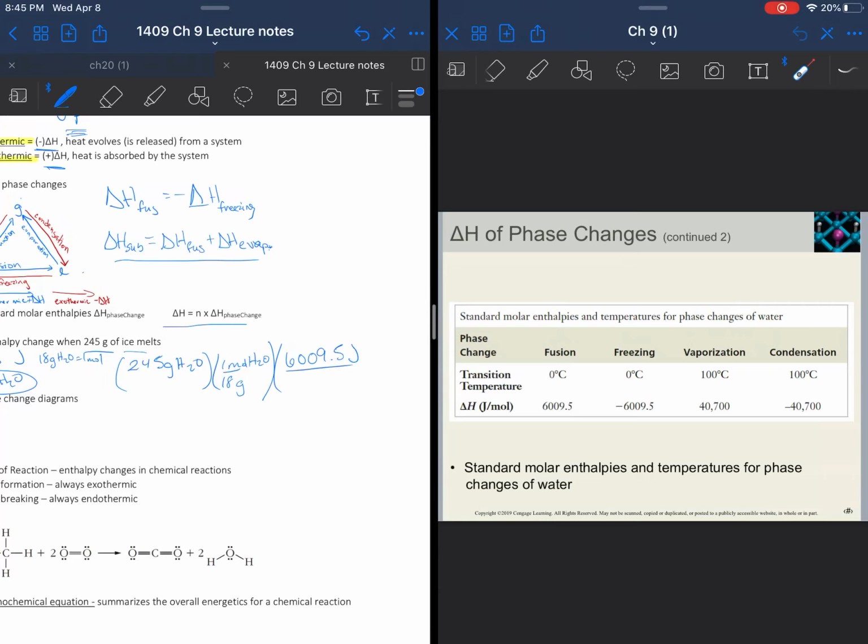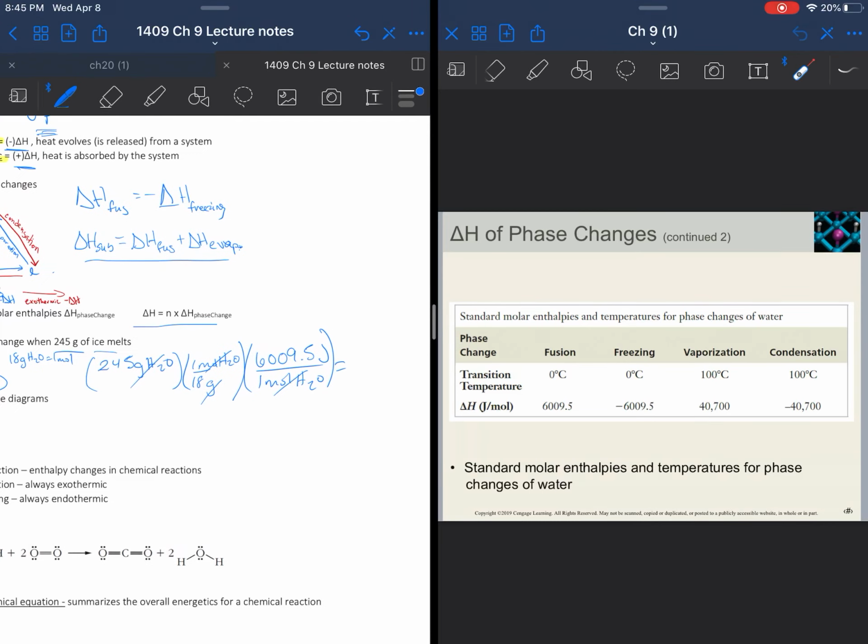And I want moles of water to go away so I can get joules. So I am going to use this relationship here. I know there's 6,009.5 joules needed for every 1 mole of water that is going to be melting. So moles of water cancel out, grams of water cancel out, and I'll just be left with joules. And at the end of the day, that equals